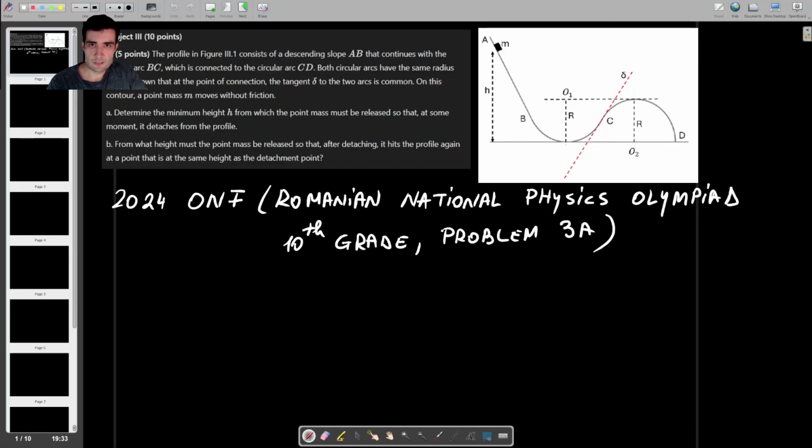Here's an interesting mechanics problem which was given to 10th graders this year in 2024 at the Romanian National Physics Olympiad. In 10th grade, students are usually around 16, 17 years old, and the theoretical part of the National Olympiad has 3 problems, and this one was part capital